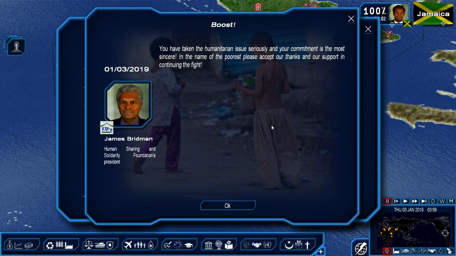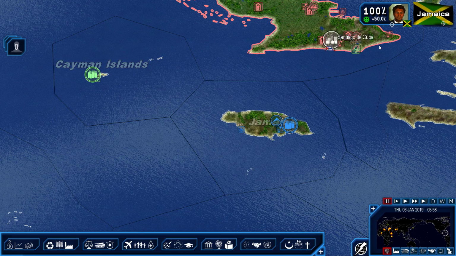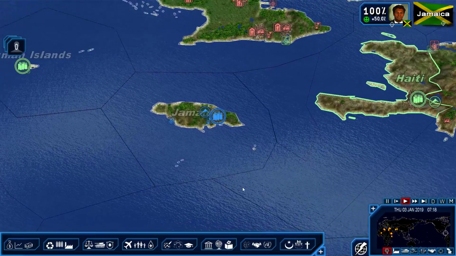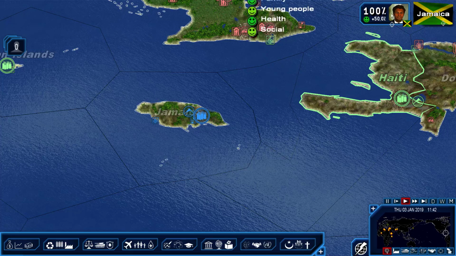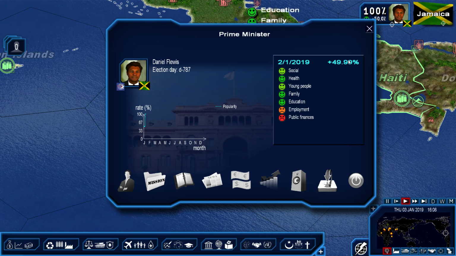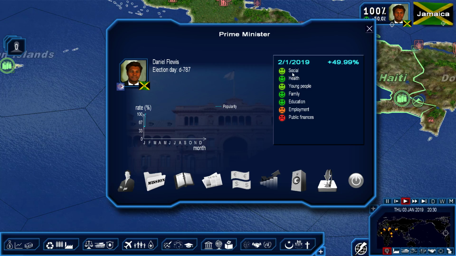And then this one here. "You've taken the humanitarian issue seriously, and your commitment is the most sincere. In the name of the poorest, please accept our thanks and our support in continuing the fight." From the Human Sharing and Solidarity Foundation's president, James Bridman. Okay, excellent. We're probably going to make some enemies with this too, though. So let's see what exactly we do end up. Now, I'm wondering, is this our approval rating up here? People are pretty unhappy with our finances, I think. We're at...